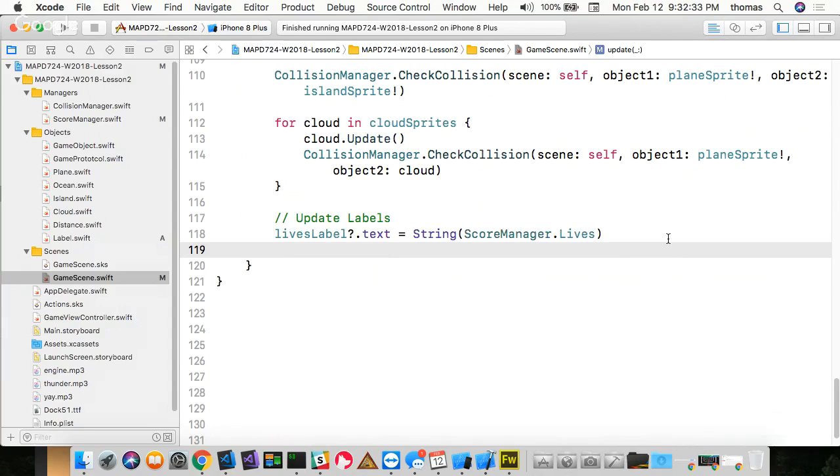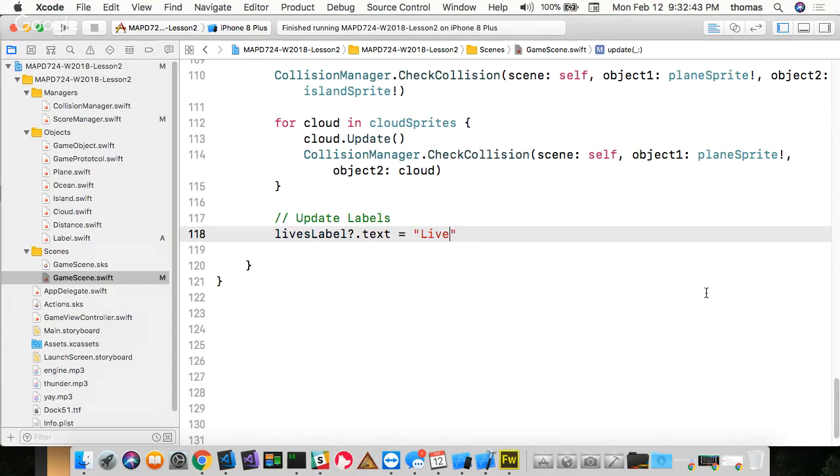But this isn't right, because that just means a number. I can't just do this. I need to do something like this, which is lives. I have to actually retype everything. Lives, and again, backslash, and then the score manager dot lives. I should be doing this, right? Because I want to get the lives label back. If I just make the number, it'll replace the text with just a number, no lives. So I need this back. And I'm going to do the same thing with my